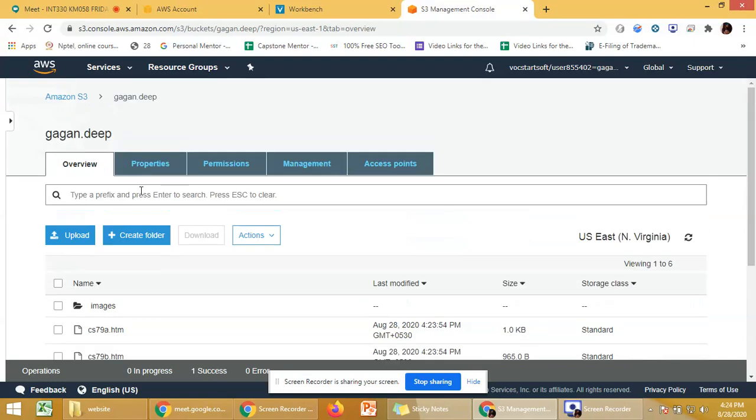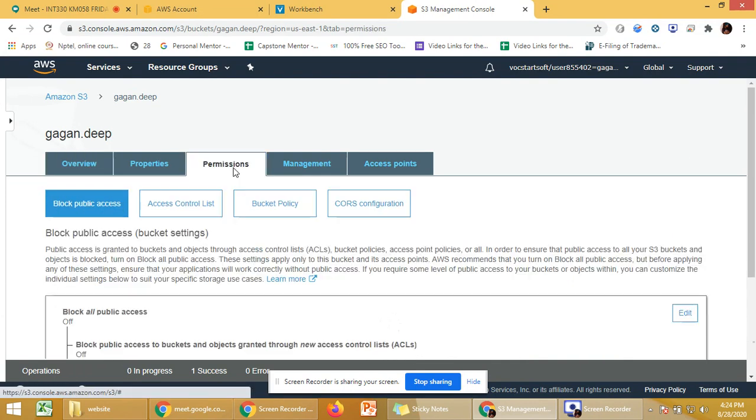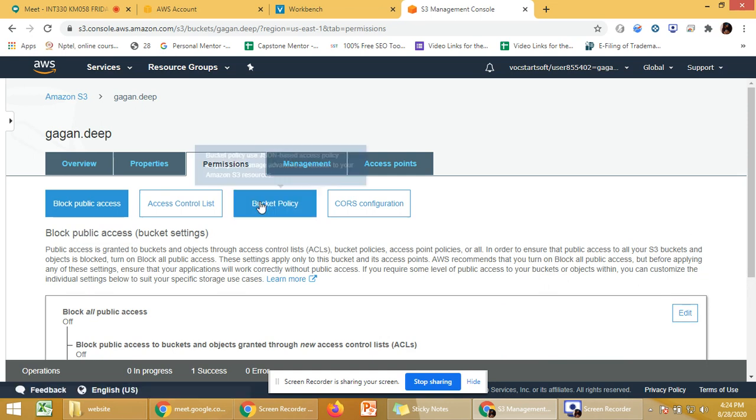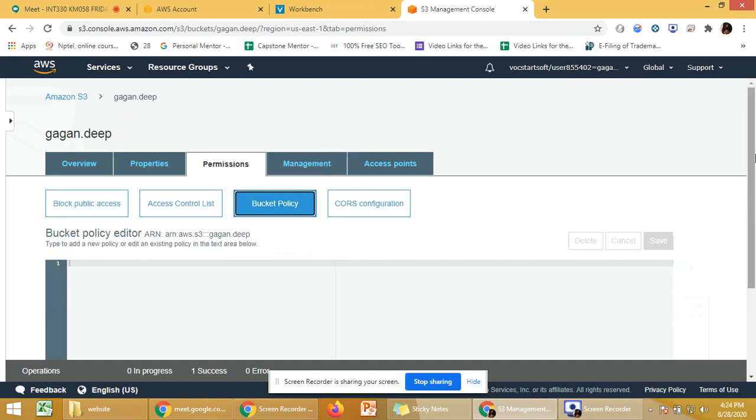Now if this is done, the next thing is managing the permissions. In managing the permissions, we need to assign a bucket policy to this bucket which we have created. In that bucket policy, we need to write certain lines of code which is required.